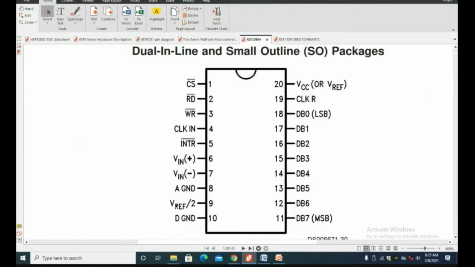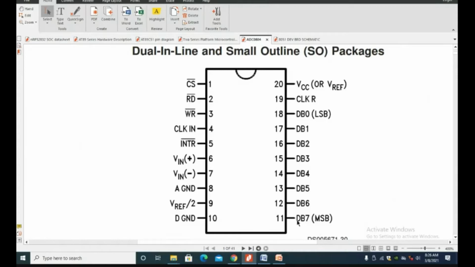As we all know, V reference plays a major role. When we keep Vref by 2 as 2.5 volts, then for the maximum 5 volt analog input, the ADC will produce the digital maximum of FF. So from the potentiometer, if there is 5 volts, this will produce FF. If it is 0 volts, it will produce 00. That is the idea you need to understand. In between, the combinations of digital values will come, which is a 20 millivolt resolution. For every 20 millivolt change in the potentiometer output, 1 bit will change in the digital output. That is what we know already.